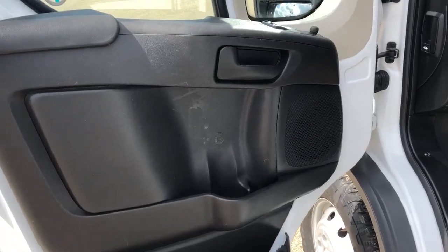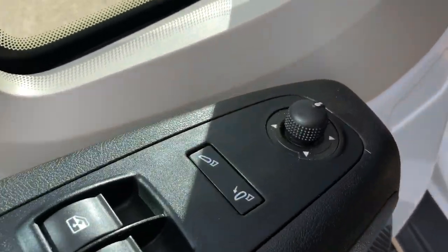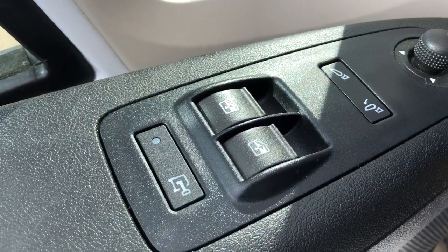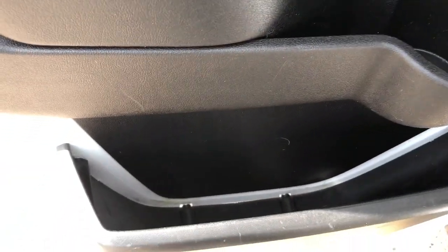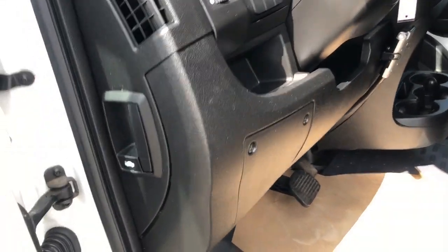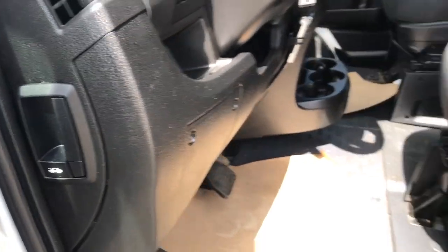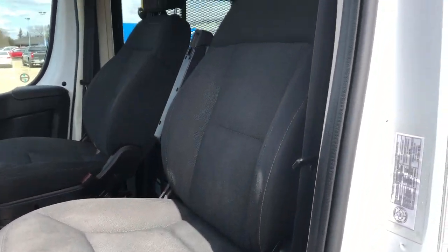Moving into the front of our vehicle, we have a black door handle. Just above it, the controls for our power folding outside mirrors, window controls, as well as our rear lock. The bottom of the door, we have a cup holder, a speaker, as well as some deep storage. Just on the left inside our door is our hood latch. All of the controls down the side of our seats, and we can see the seat here finished in our